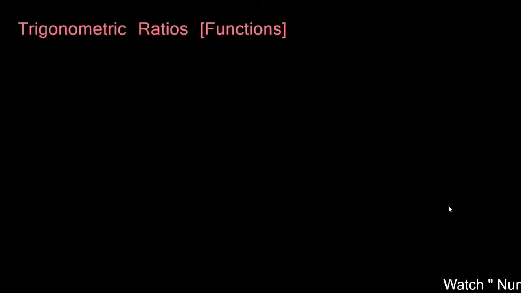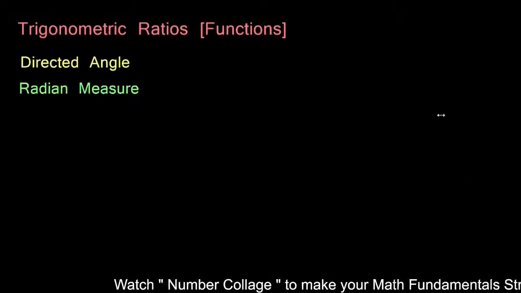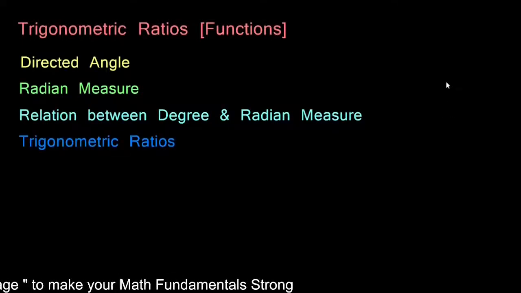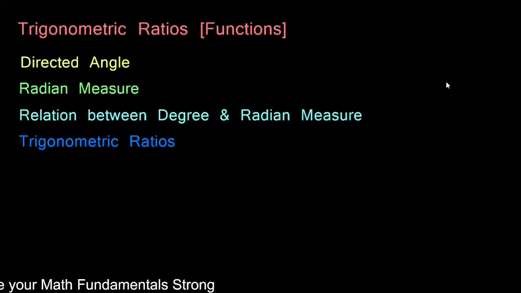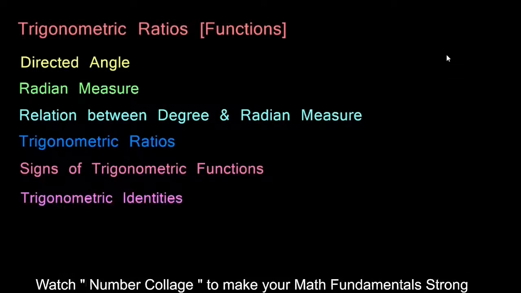In this video, we will talk about trigonometric ratios or trigonometric functions, then directed angle, radian measure, relation between degree and radian measure, trigonometric ratios, their definitions, signs of trigonometric functions in different quadrants in Cartesian coordinate system, and trigonometric